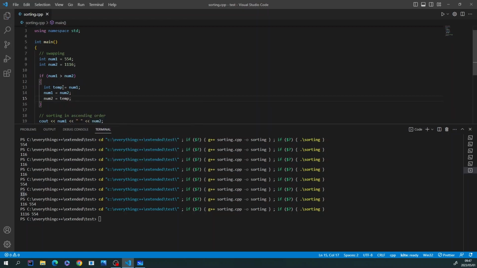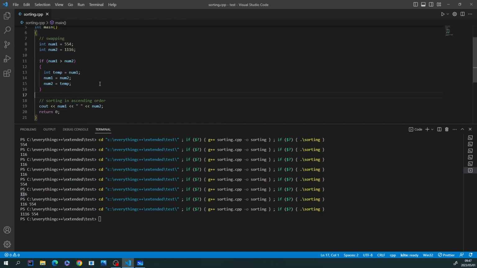Now they are swapped around, right? Now this will always make sure that however way or whichever way your input variables, which is num1 and num2, are assigned, it will always output them in ascending order. So if num1 is bigger than num2, it will swap them. However, if num1 is smaller than num2, this check here will fail. This if statement will not be met, so this scope will not be executed. It will just cout them. In this case, they are in ascending order, right? So the if statement will not be met. It will cout them properly,